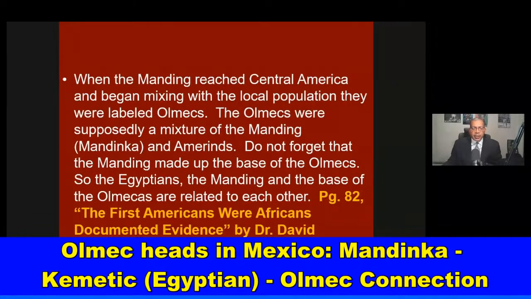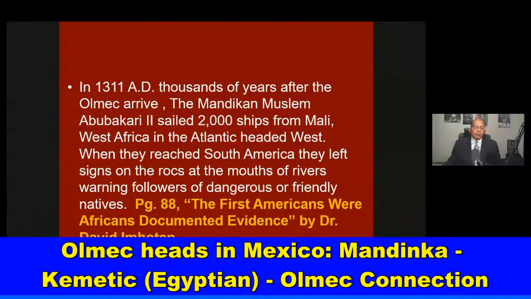Okay, this comes from page 82 of The First Americans Were Africans, Documented Evidence by Dr. David Imhotep. His book is a fantastic book, and his first book is out of print. The second book came out in 2021, and that's available at Amazon. The First Americans Were Africans, Revised and Expanded. Now, in 1311